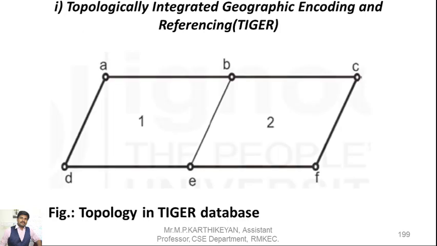Here, if we take the line B and E, I hope everybody is listening. If we mention it with x and y coordinates of 2 points, we can give the xy coordinate of B and the xy coordinate of E. So this is one way of representing it. Else, with from and to options, towards the left we have polygon 1 and towards the right we have polygon 2. So this is the left and right option for representing line spatial data.